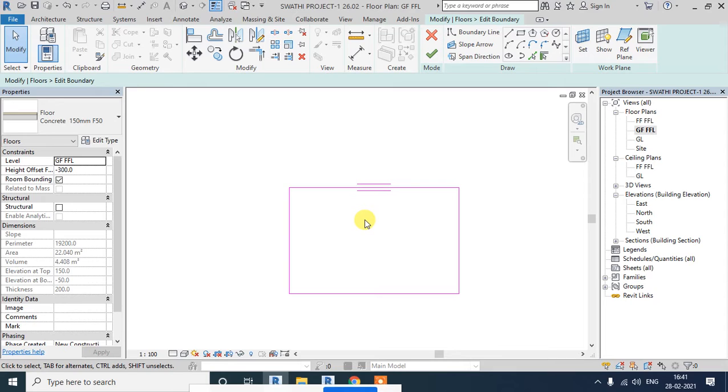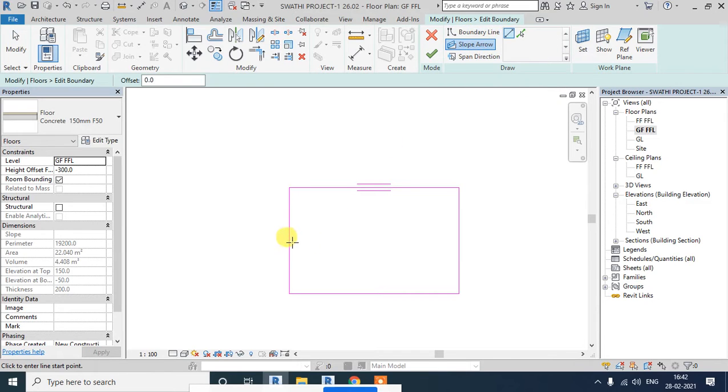In a ratio, right? 1 is to 100, or in percentage also sometimes. Yes, like that. So when I want a certain slope there, say 1 is to 100, I will go and click the arrow here. Can you see that? You have a slope arrow.